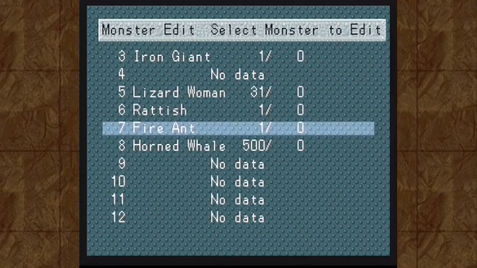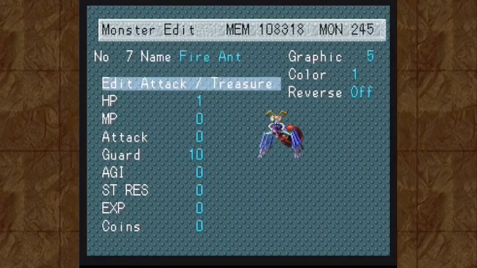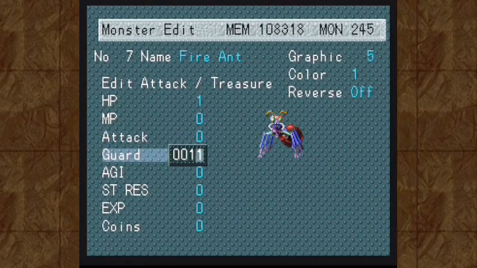How much defense do I want these guys to have, out of curiosity? It's gonna be the most common enemy in the dungeon. So if it has 10 guard, that means it takes 5 less damage thanks to that guard. Or 20, so it would take 10 less damage. I mean, it's an ant. It has a kind of a shell thing going on. So we'll say...